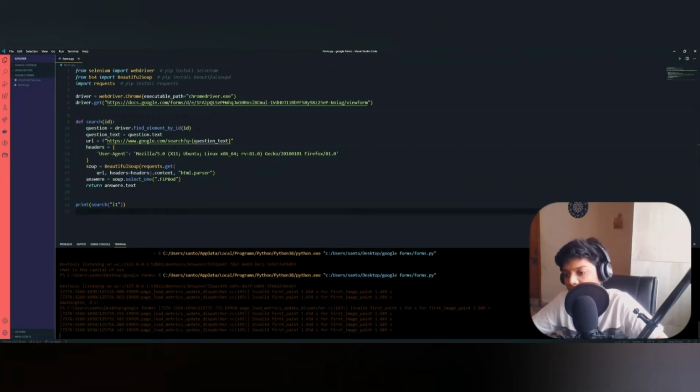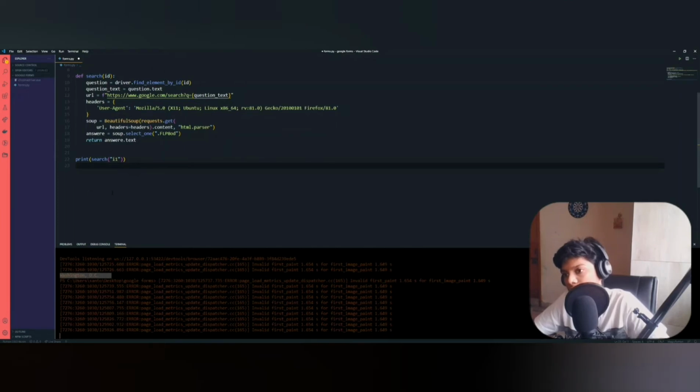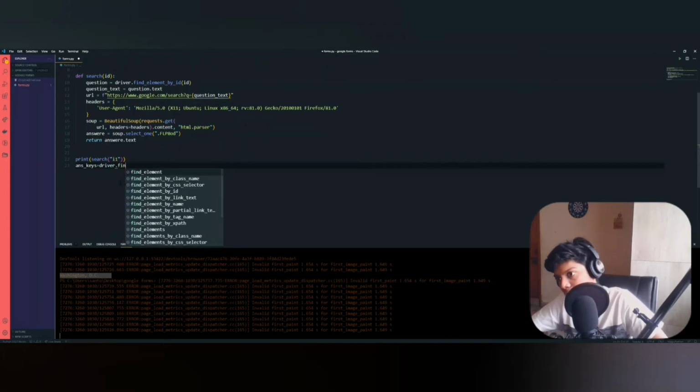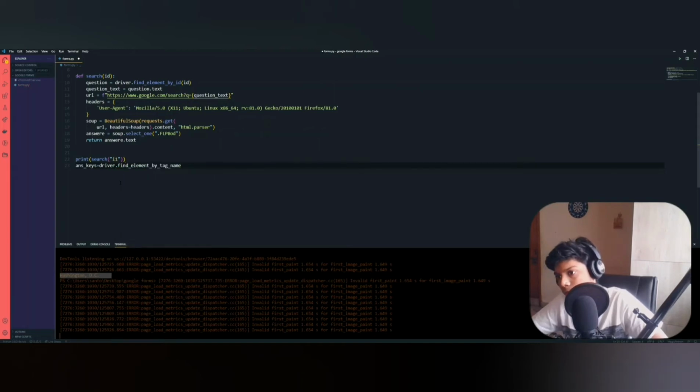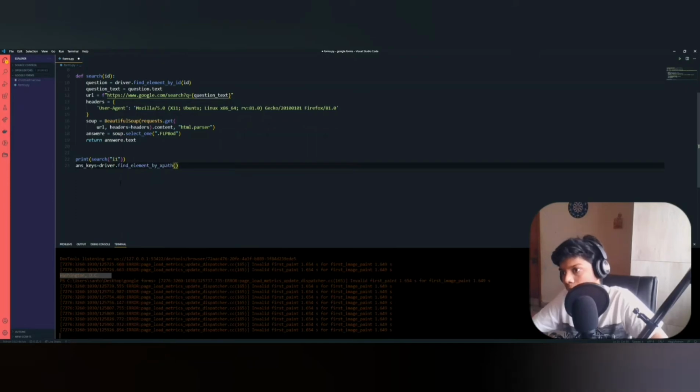So the next task is to send this attribute tag text to our Google Forms. So the next task is to send this answer to the blanks. So for that, let's create a variable called answer keys. So here we need to again get an XPath of this blank.